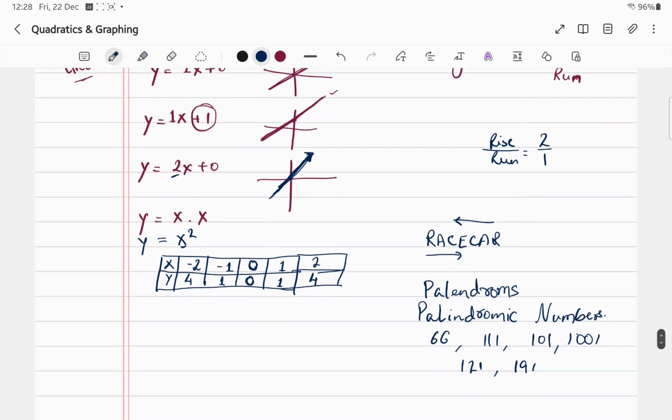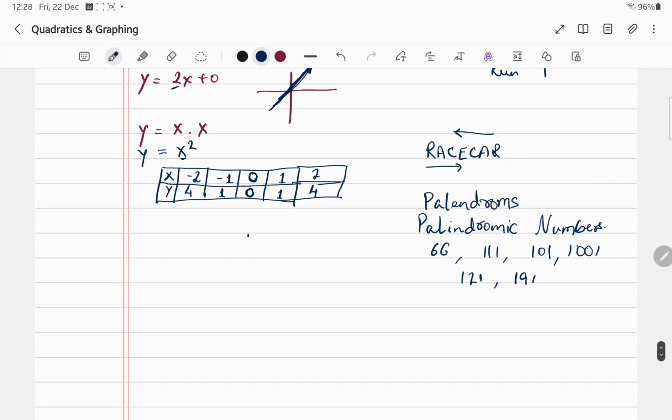All right. So now when we draw the graph for that, if you draw a graph, 0, 0